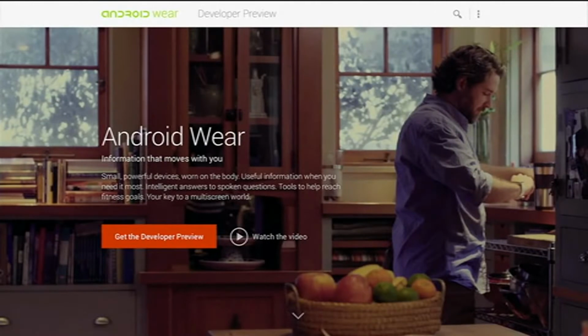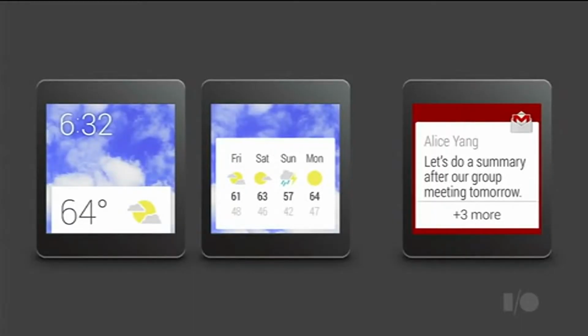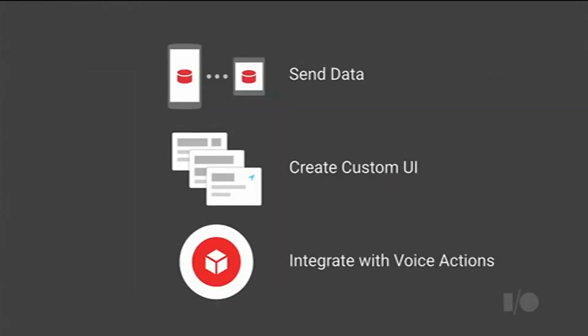about today. So earlier this year, we launched a developer preview that allowed you to get started experimenting with your apps of what it would be like to bring your experience to the wrist. So this allowed you to take your notification objects on your phone and really be able to augment them to have additional pages of information, to be able to bundle these things together in stacks, and to be able to have voice replies.